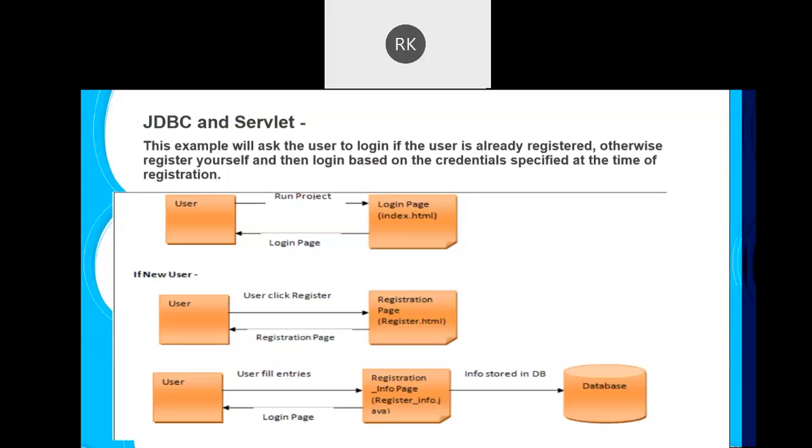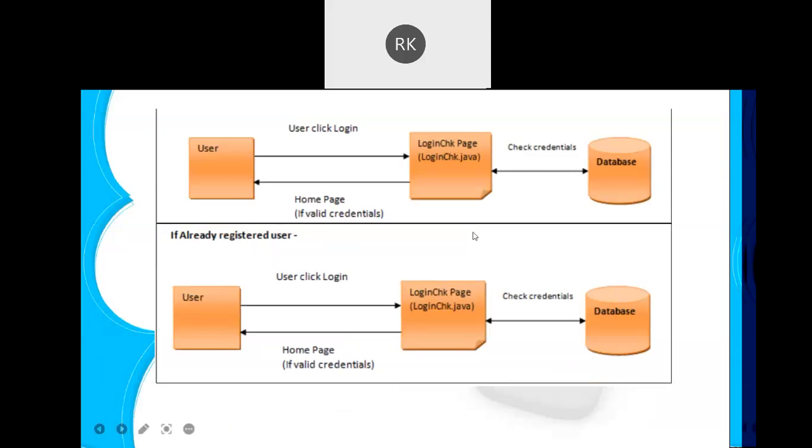Once the user has been registered, later on, if the same user wants to log in, they can come to the website and enter their user ID and password. As soon as the user clicks on the login button, we'll check whether the user ID and password provided are correct or not, depending upon what information we have in our database. If they are correct, then we will redirect the user to the home page. Otherwise, we can show the user an error message like you have entered the wrong user ID and password, and redirect them to the login form again.